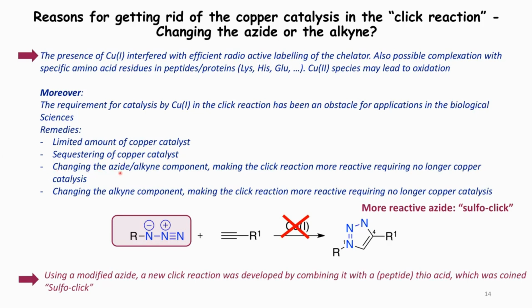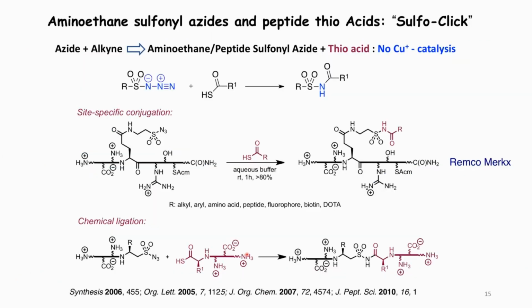But you can start changing the azide and alkyne component, and we did some work there, and I want to share it with you. But then we also moved to changing entirely the alkyne component. First we worked on sulfo-click, and we modified the azide and the alkyne. How did we do this? We took a sulfonyl azide, for which we cranked up the reactivity of the azide, and we can react it with the thio acid, and this gives rise to a nice click reaction, which does not require any copper